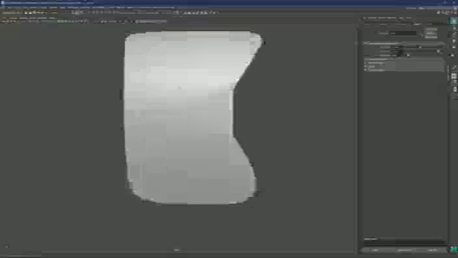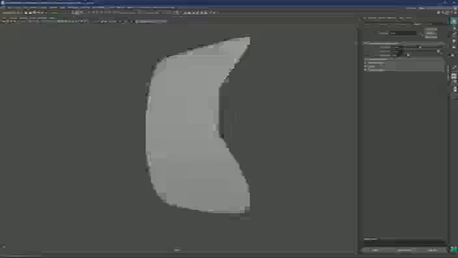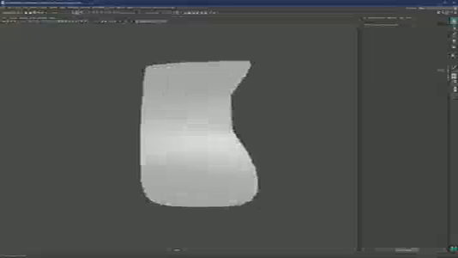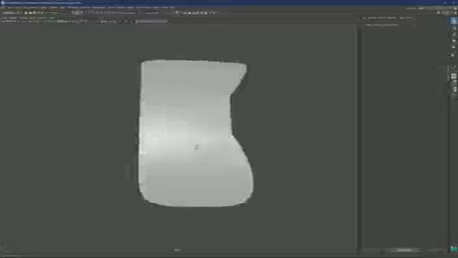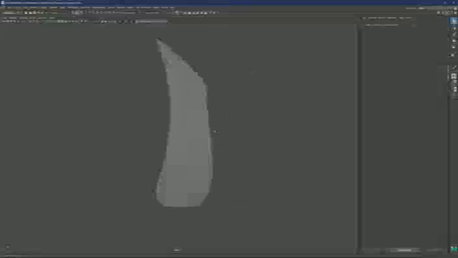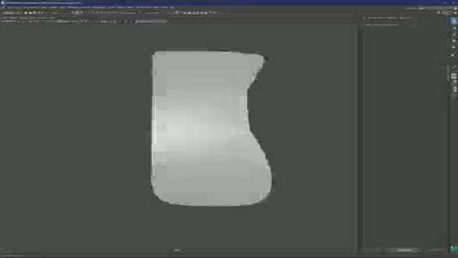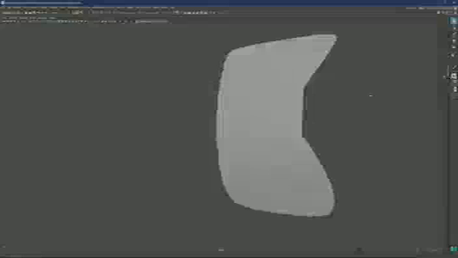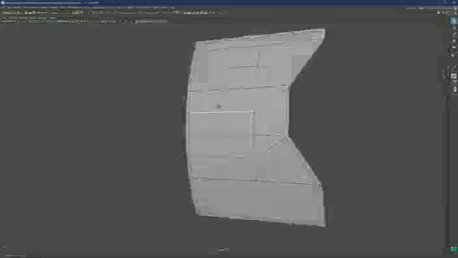So if I now apply a little bit of deformation here, we can see where the problem occurs. In the highlight itself, you can see that there is small pinching here, and this pinching is slowly transitioning into this smooth surface. If we check this angle here, we can see we have a nice curve, but on the other side, it is not so much curved. There is this flat line breaking this curve. Let me first explain what is happening, and then we're going to see how to fix it.